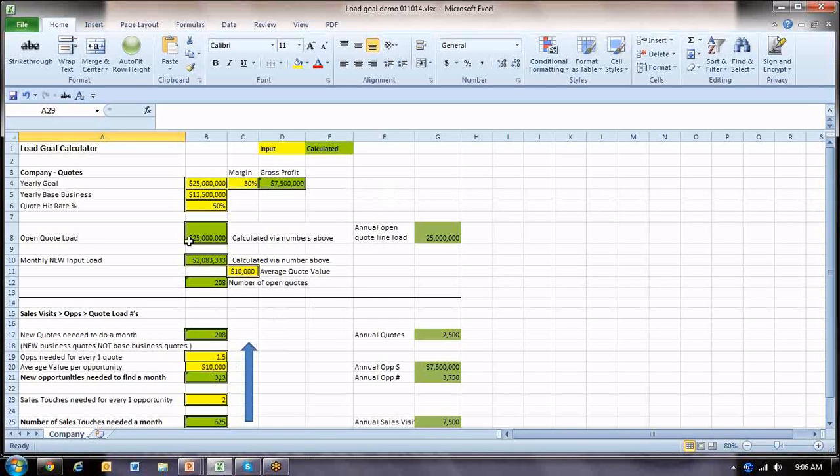It's saying, I have a yearly goal of, say, $25 million revenue for my business. And what I'm more interested in then is how much do I get to keep, this gross profit over here. Do I have a margin of this, and if I have an average quote value of that, and if I have a base business of this, how many new quotes do I need to have each month? Or how many opportunities do I need to generate in order for customers to start writing purchase orders to me? And if I know the number of